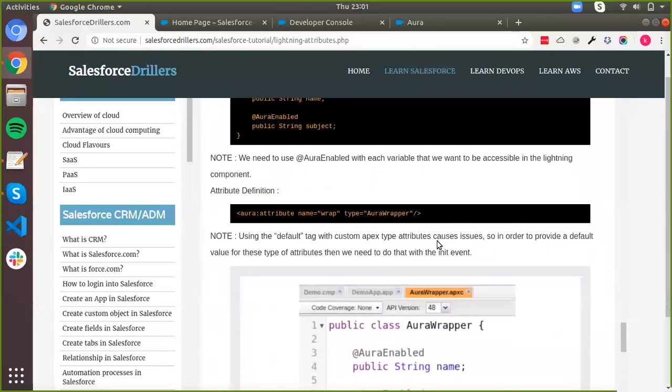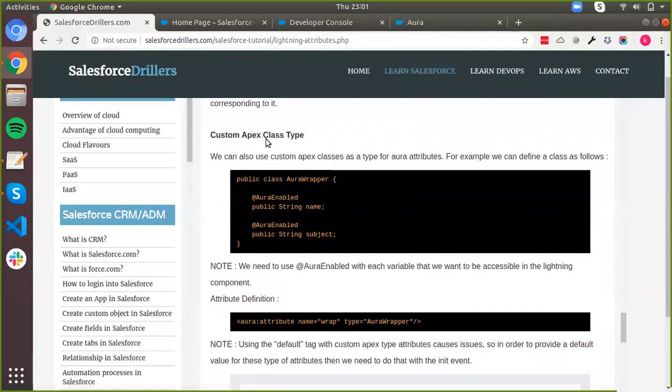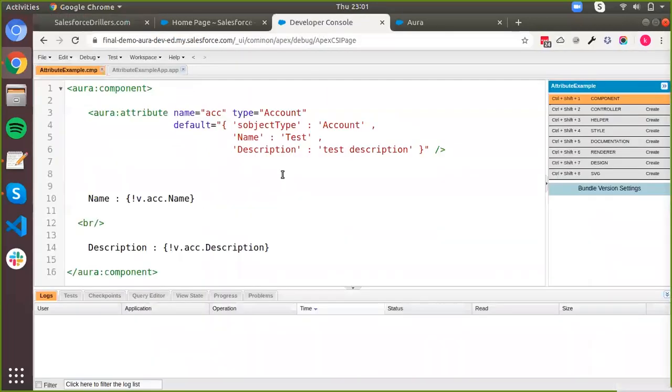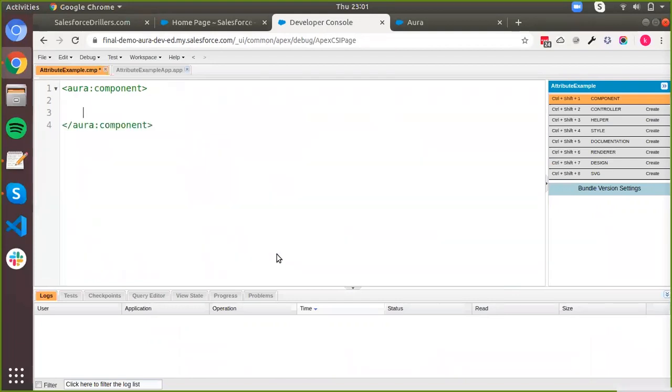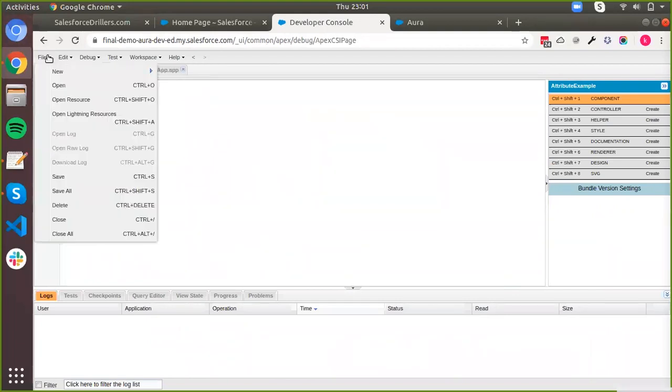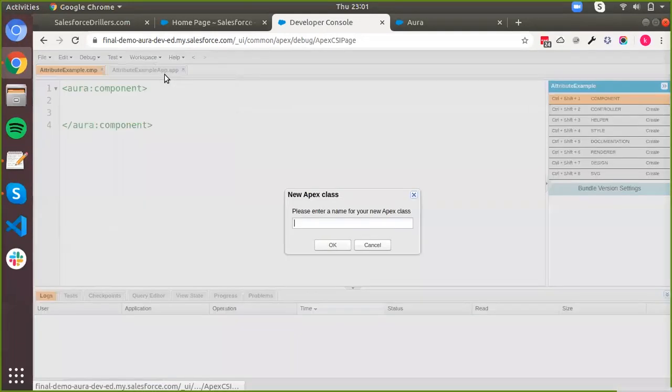Alright, so now the next type of attribute is your custom Apex class type attribute. So the way this works is we go back to here. In order to demonstrate this, let me go off this first. We'll need to create an Apex class first. So let's create a new Apex class and call it custom